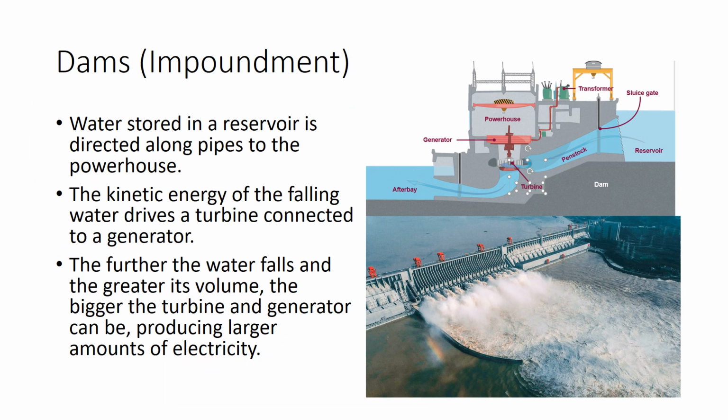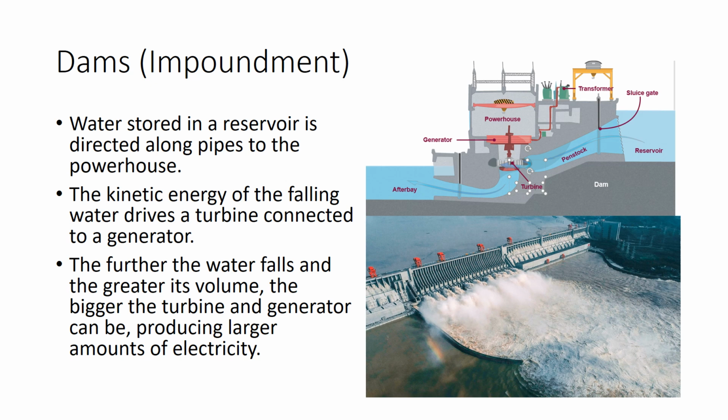So as we had said, this is the classic dam, or what we call an impoundment. Water is stored behind the dam in a reservoir. So a river is dammed. We build a blockage along the river, and the water is really just building up behind that construction, behind that dam. And so it is stored in the reservoir.